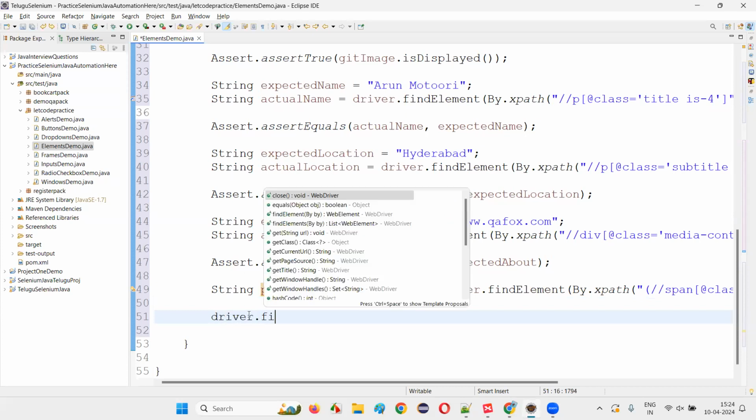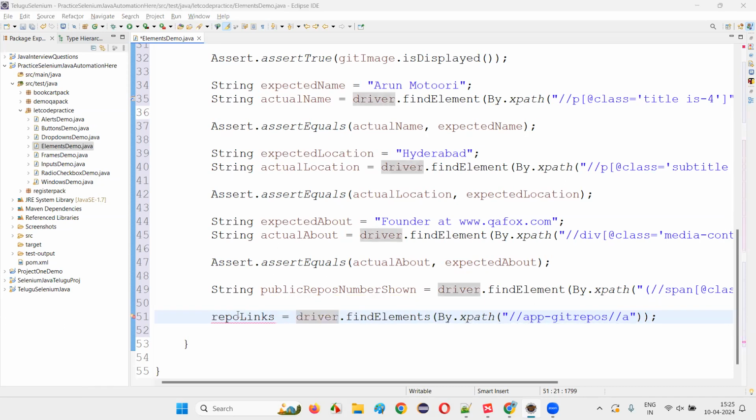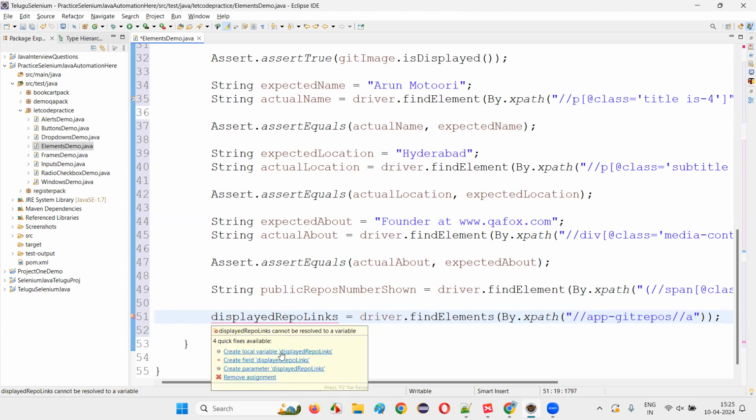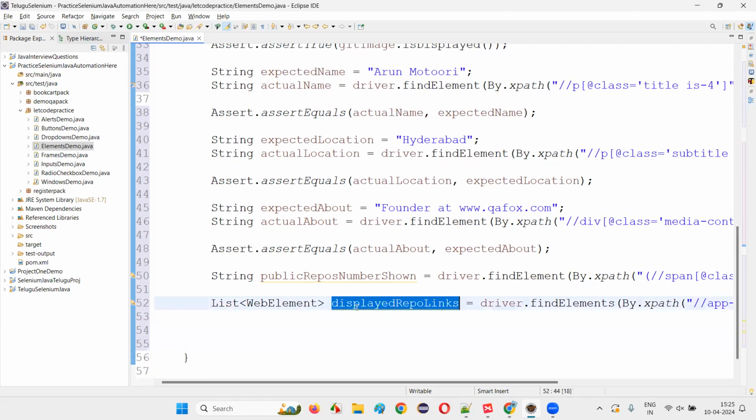And here I'll write driver.findElements, which I have to use to count the number of links that are coming because of that XPath. Give the XPath expression which is locating all the links. This will directly return the repo links, the total repo links that are displayed. I'll say displayed repository links. The number shown is 44, but how many GitHub public repos are being displayed? To count this number, I have to write displayed repo links